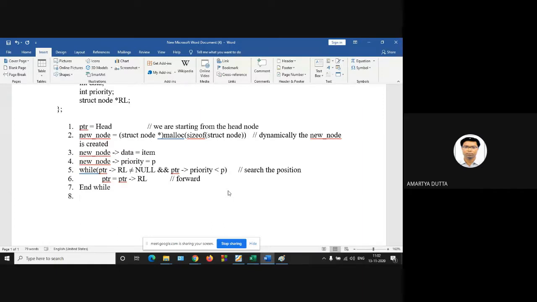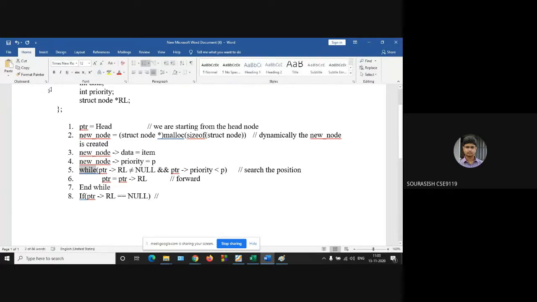So if your pointer PTR's RL is null. If it is null, it means what is the physical meaning for line number 8? Anyone?